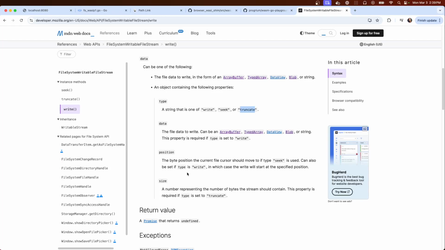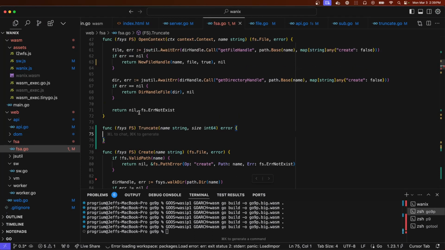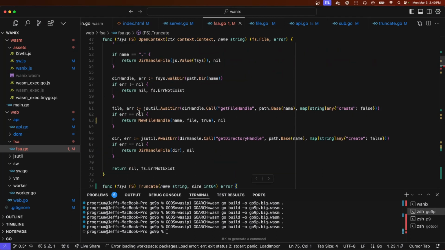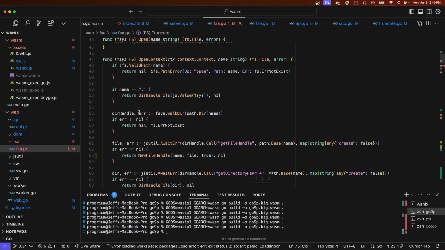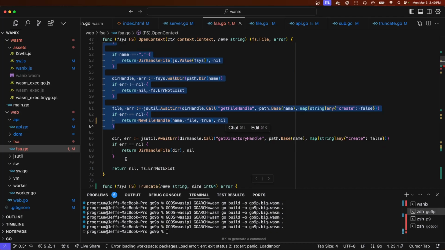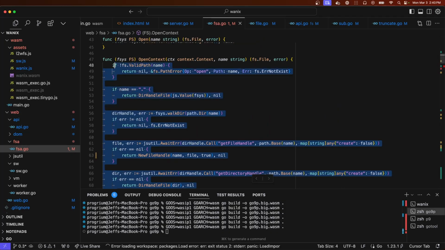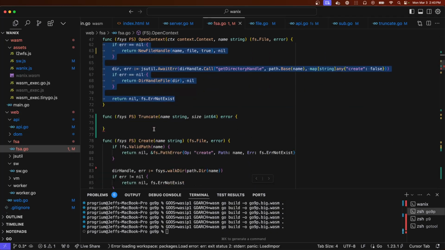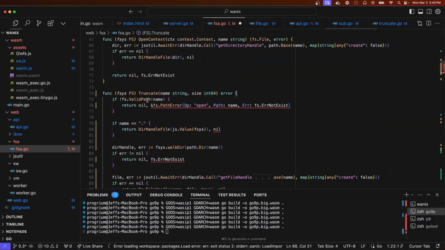But okay, I guess we'll just have to open it. Truncate, so it's a file. Looks a lot like open, since we are having to open it.